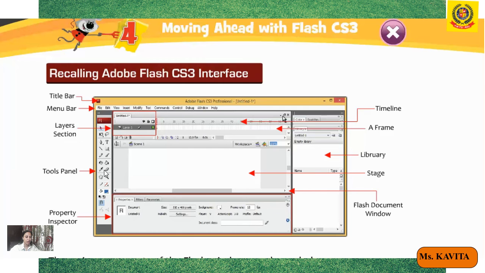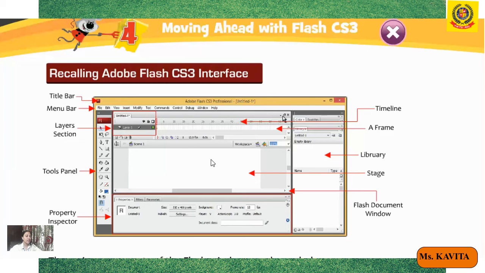This is the search box. You can type here Adobe Flash CS3 Professional in the search box. Here you will type Flash CS3 and you can open it on the start screen, then press the enter key.